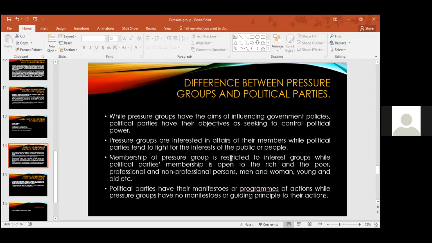That is number one. Number two, pressure groups are interested in the affairs of their members, while political parties tend to fight for the interests of the public. Now, from the definition of democracy, which is government of the people, by the people, and for the people, we should understand that when it comes to obtaining political power, you are meant to represent the interests of